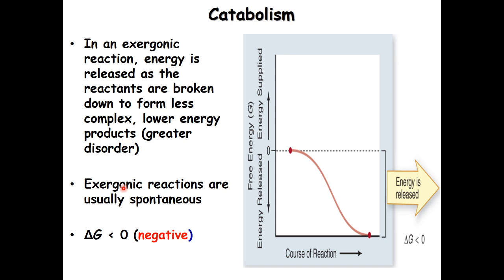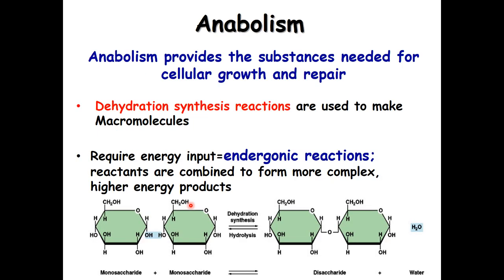And exergonic is always spontaneous. So you're releasing energy. The way I remember this is, exergonic reaction is releasing energy. If you think about energy as money, spending money is very spontaneous. You don't need to plan, right? It's always easy. Making money, on the other hand, is not the same thing.